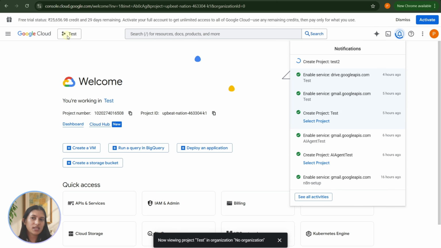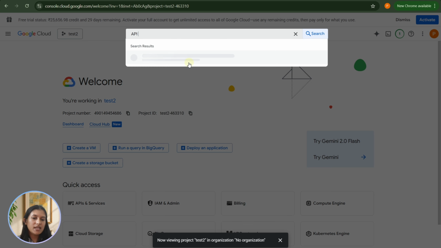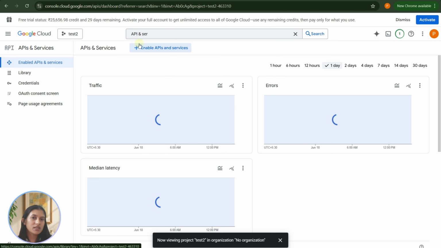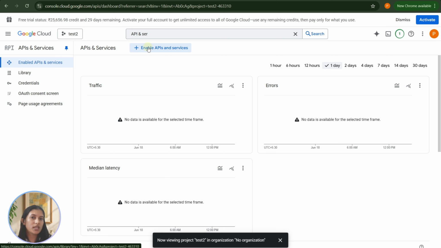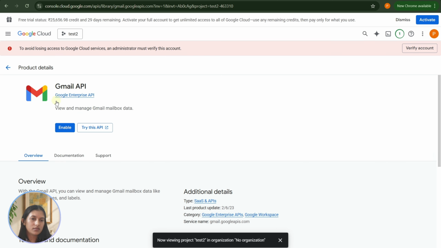Once the project is created, we need to search for APIs and services. Under APIs and services, we need to enable the APIs which will help our workflow to send the email. Search for Gmail and just click on enable.